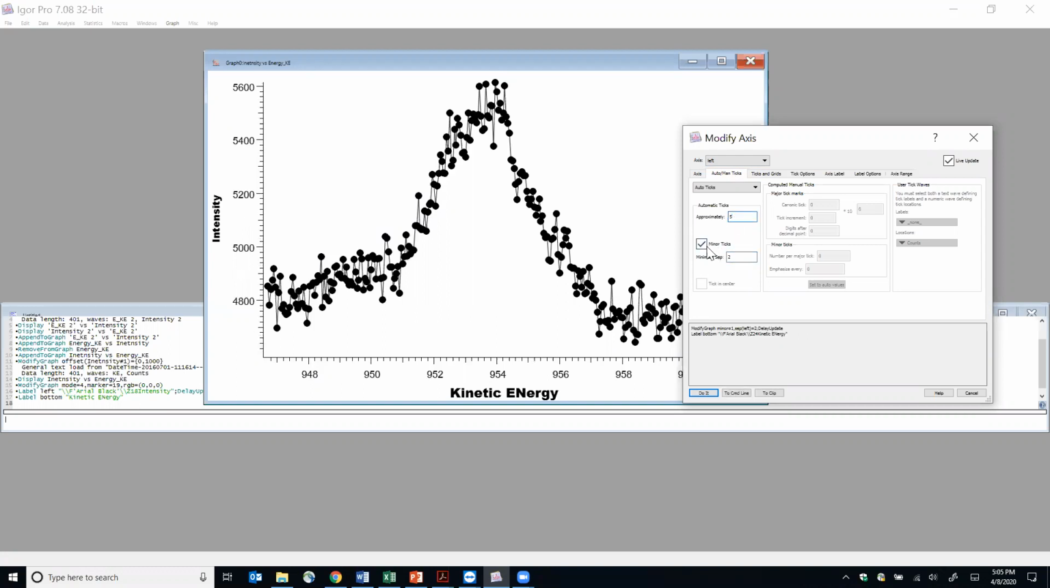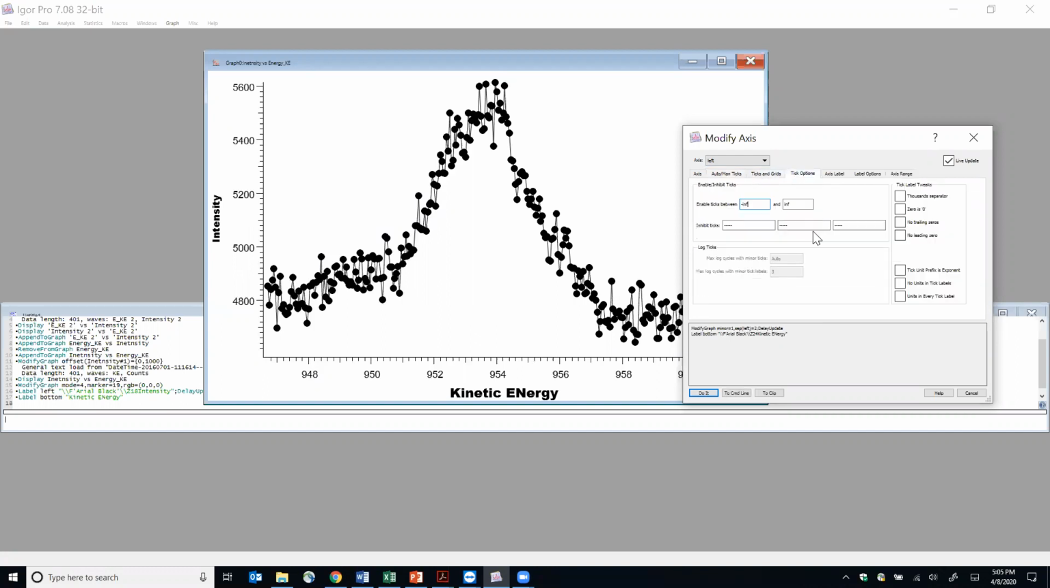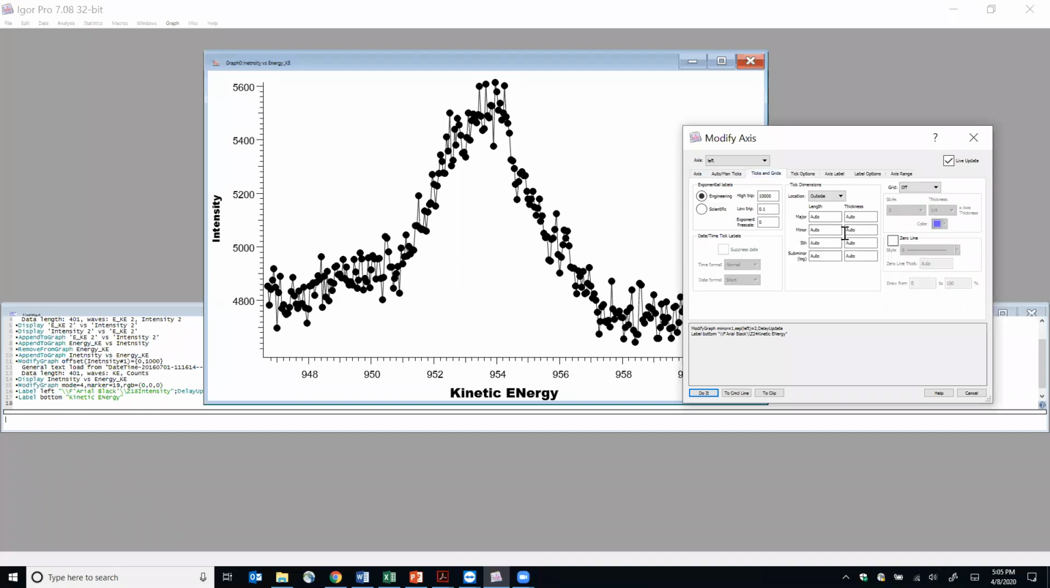If I don't want the minor ticks, I will just unclick this and they will disappear. But all the time I choose the minor ticks. And if you want to change the size, you can go to the tick options, tick text and degrees, and you can change, for example,